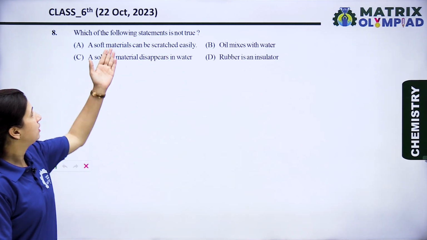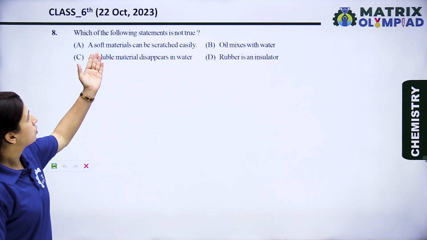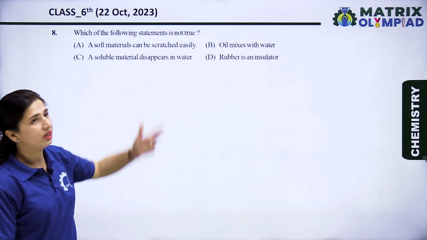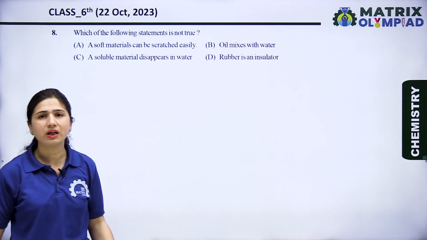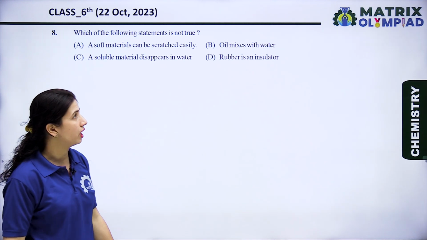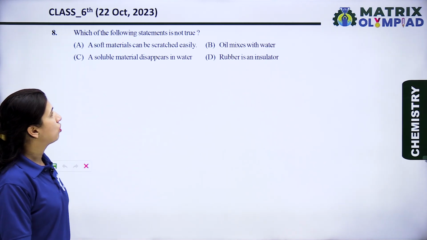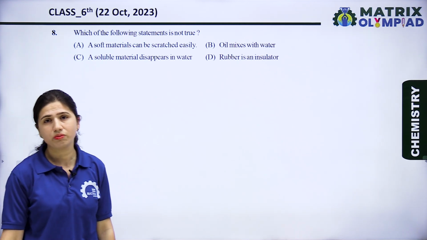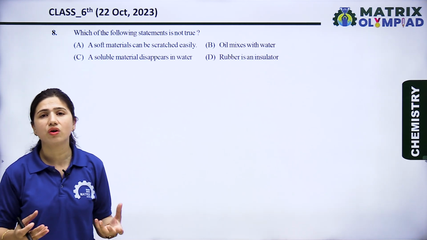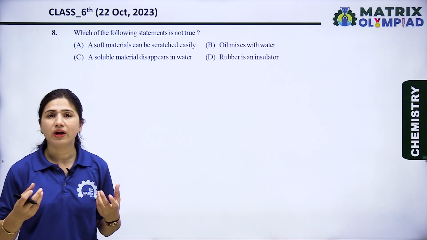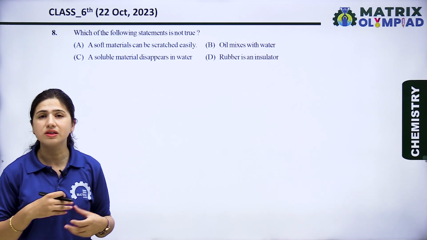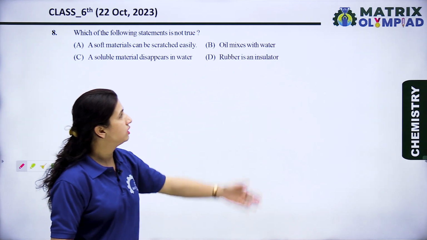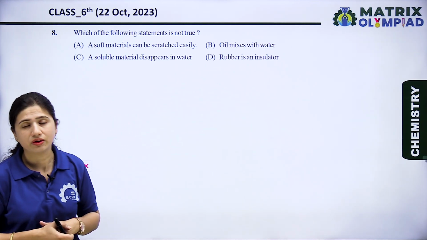Okay, so let's see the first option. A soft material can be scratched easily. This is a true statement. We can easily scratch the soft material. Third option is, a soluble material disappears in water. This is also a true statement because we know that when we dissolve something in water and when it is miscible, then it disappears. And the fourth is, rubber is an insulator. This is also a